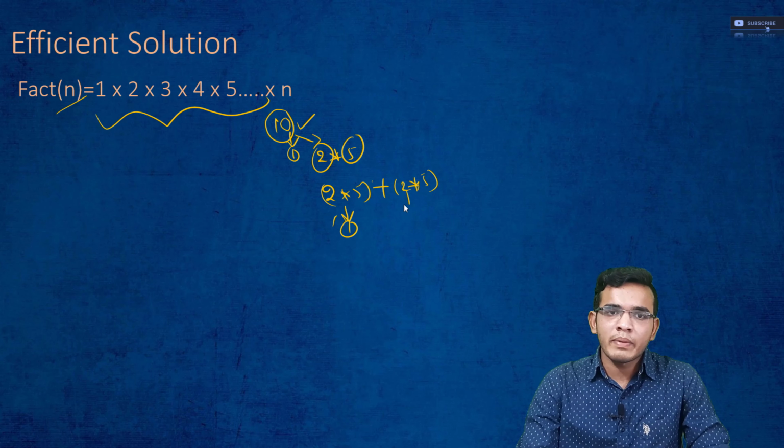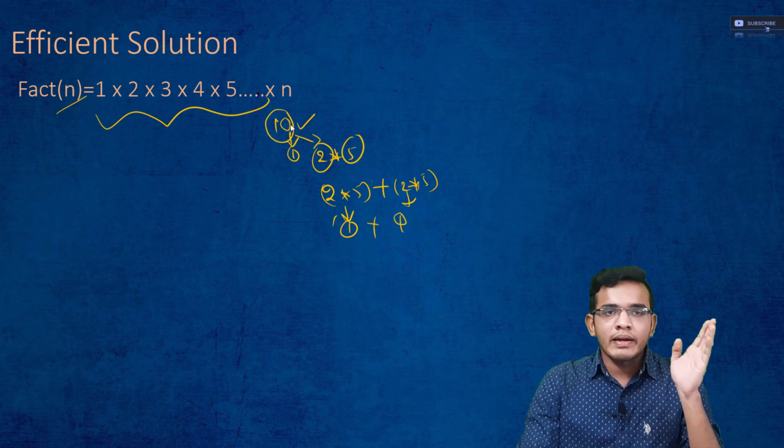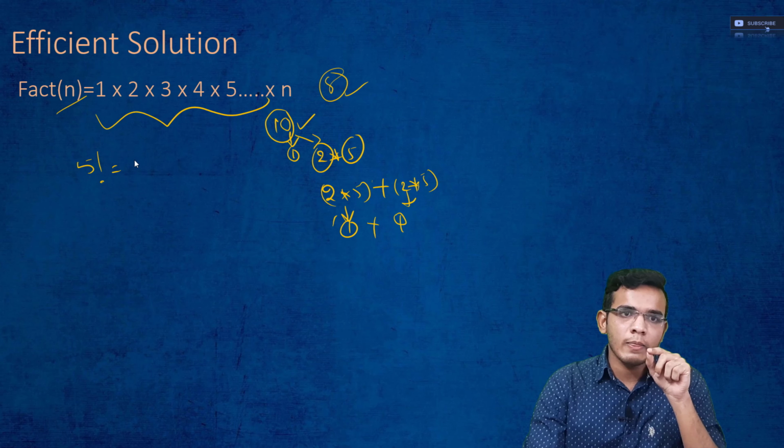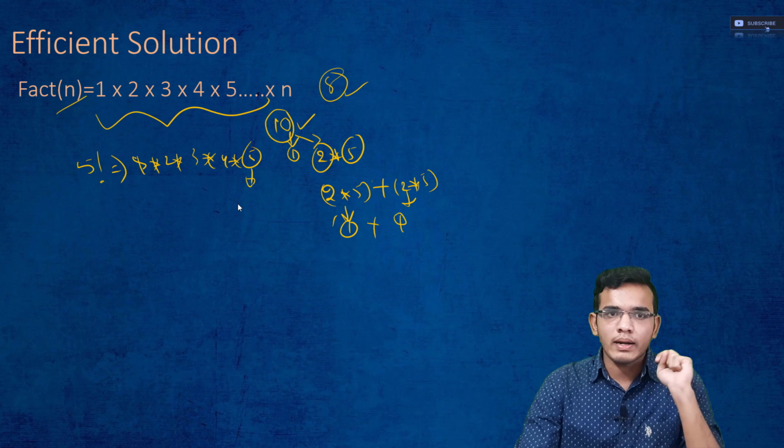If I have another 2 into 5 pair, I could make another trailing zero. So like this I will consider the pattern, and when we enumerate this series, the number of 5's when compared to the number of 2's will obviously be less. So if I could make a solution from 5 itself, it is enough. Let us calculate all the 5's in a series. I have 5 factorial, which turns out to be 1 into 2 into 3 into 4 into 5. Here there is one 5, so the number of trailing zeros is 1.